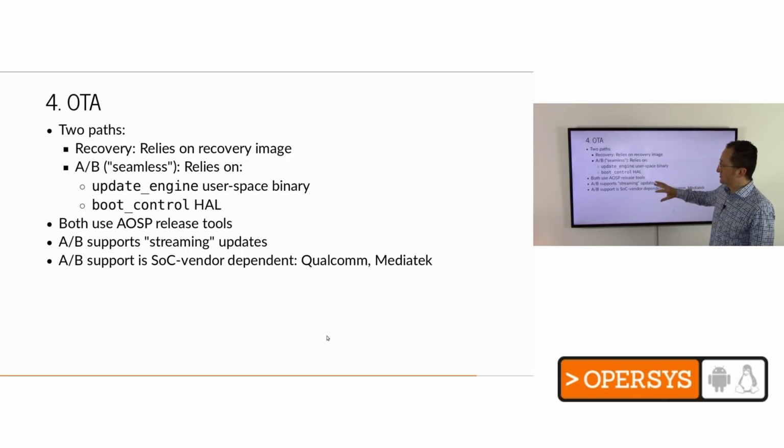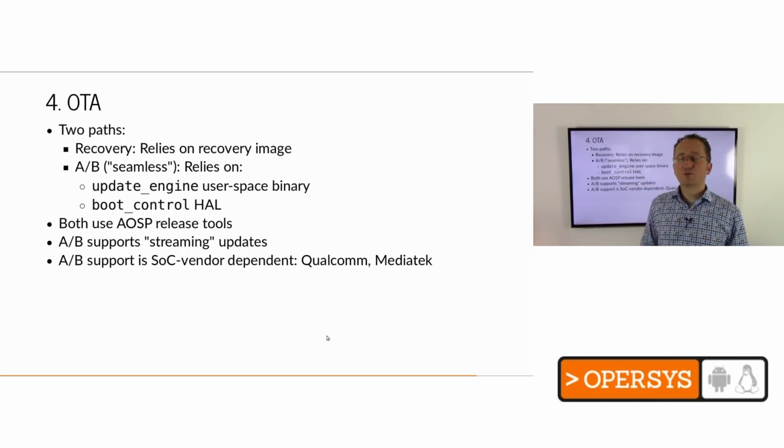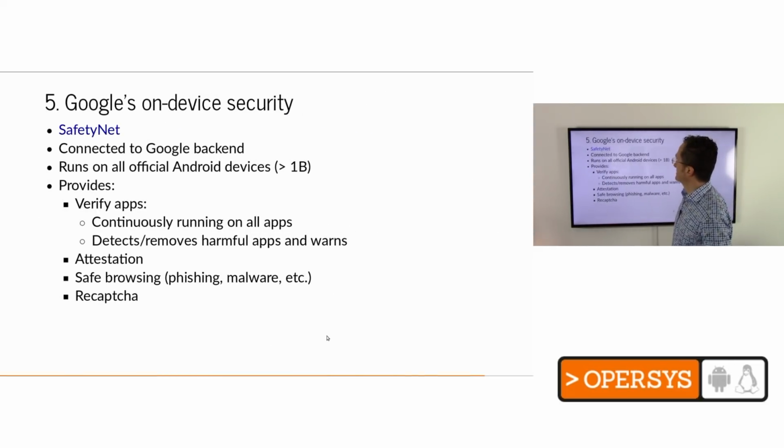There is a mode, or some devices might have streaming support for AB updates. In that case, what happens is, as this stuff is being downloaded, it goes straight into the actual B partition if I'm in A, and then once it's completely downloaded, then we check the signature of what was just burned, and if it's good, then we can actually go ahead and boot it. Otherwise, we just download the whole thing, we write it to B, and then we proceed from there. So this is the streaming support. It's actually the SOC vendor. It's not the AB support, but really the streaming support that is hardware dependent. Okay,